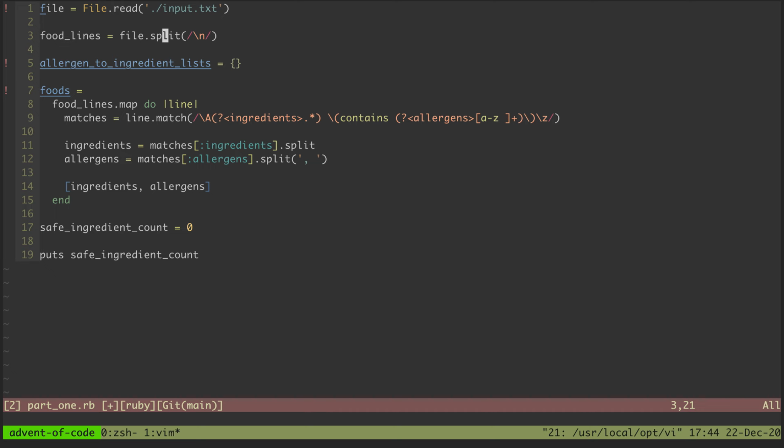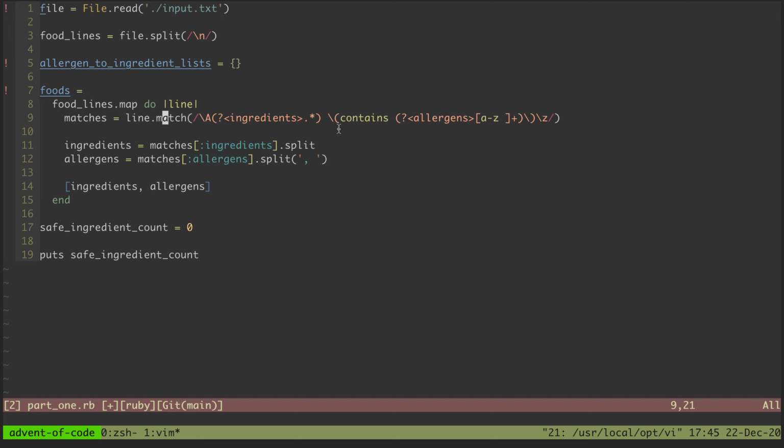So I take these food lines and I map over them to parse out 2 named capture groups. The first will be just all of the ingredients in a single string line, and then eventually I'll get